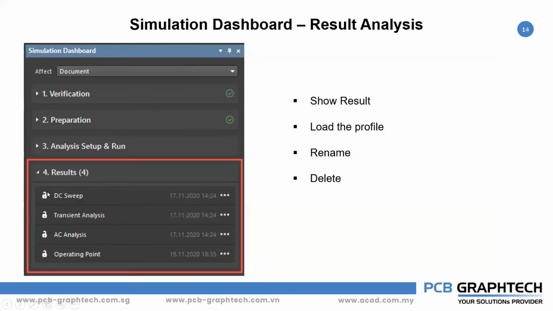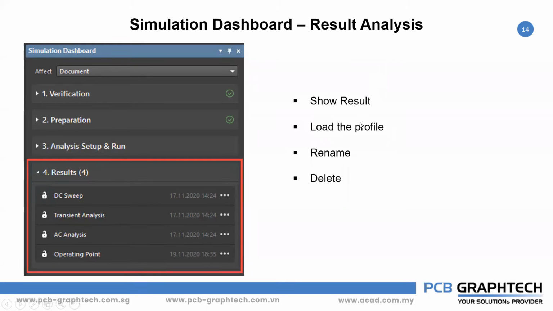Once you can see the log button, if you log the results, the results will be stable there. When you run the next analysis, the previous results we can see, that is logged. Okay, if you unlock, you can load the profile, new profile, and you can run it off.